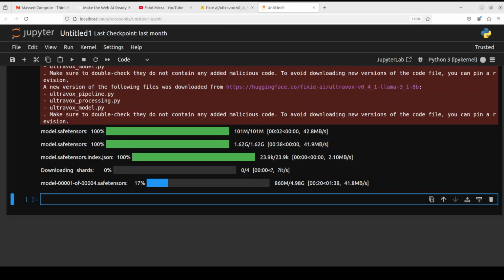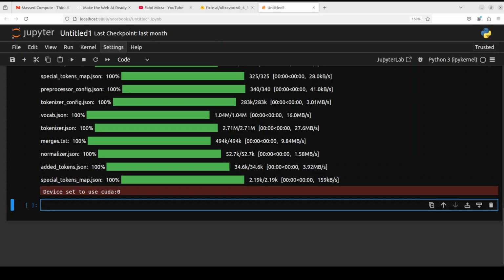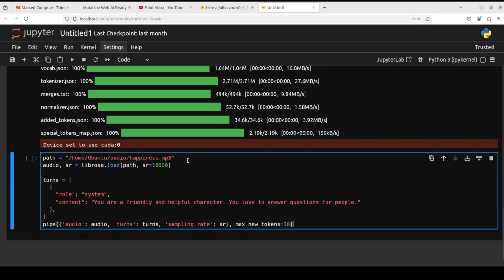It is going to download the Llama 3.1 shards here. So there are 4 of them. And eventually the models have been downloaded, as you can see here. Let's do the inference. Now, as I mentioned earlier, for inference, all you need to do is to provide it